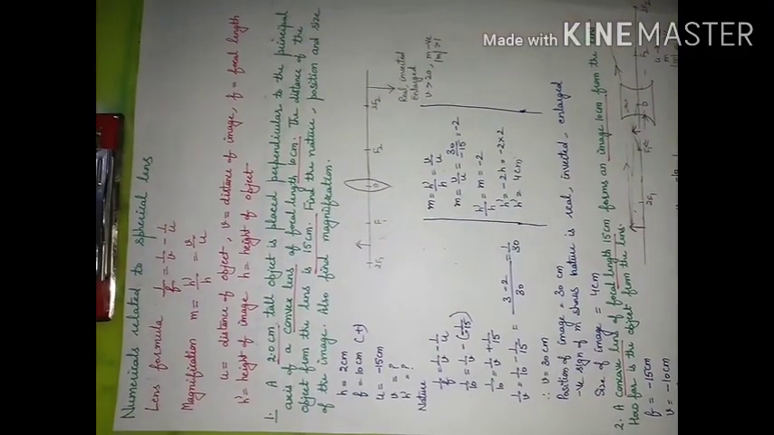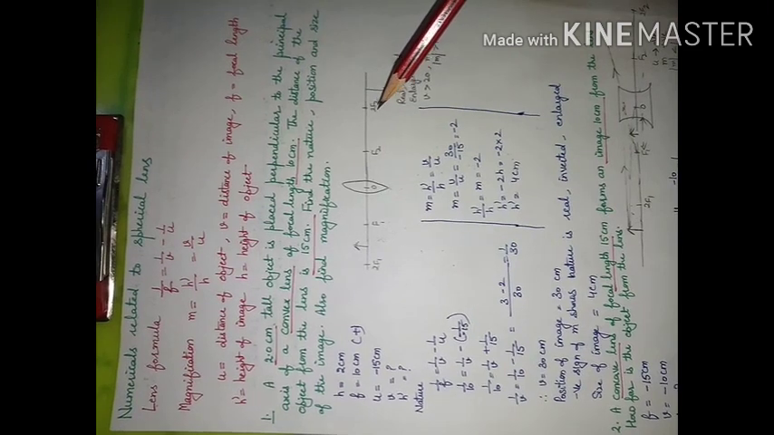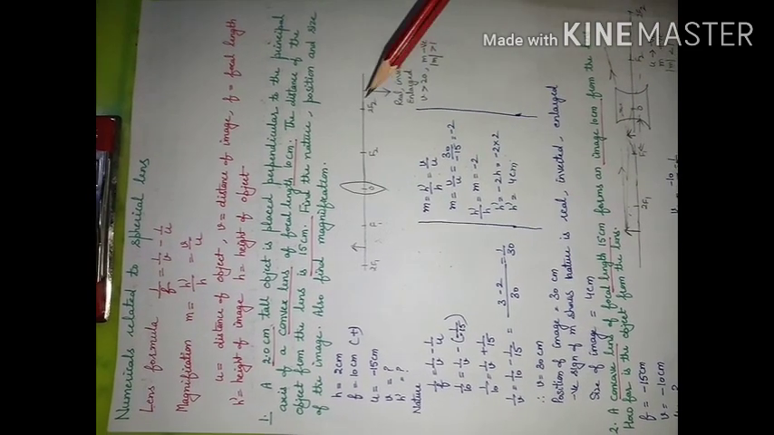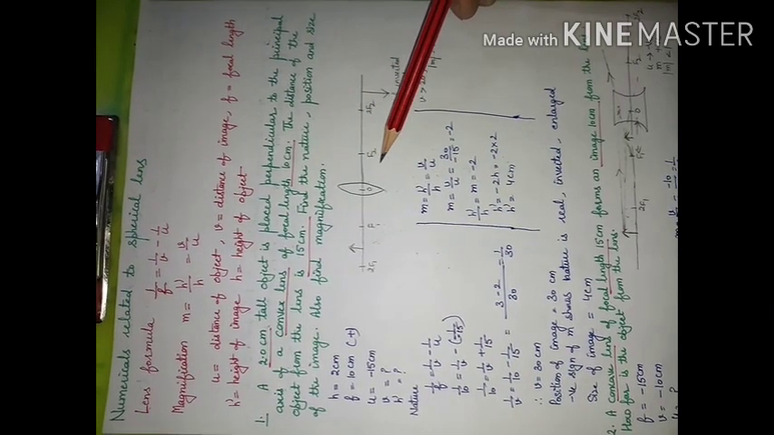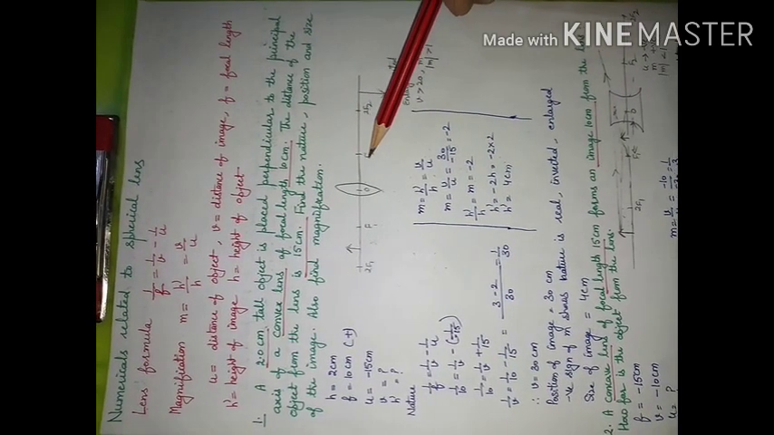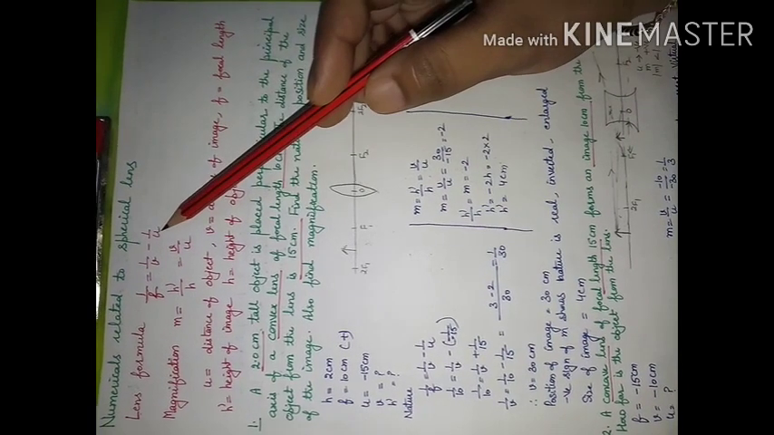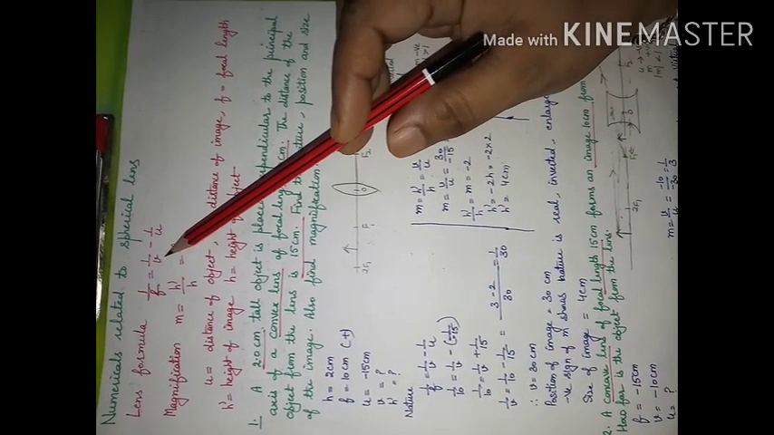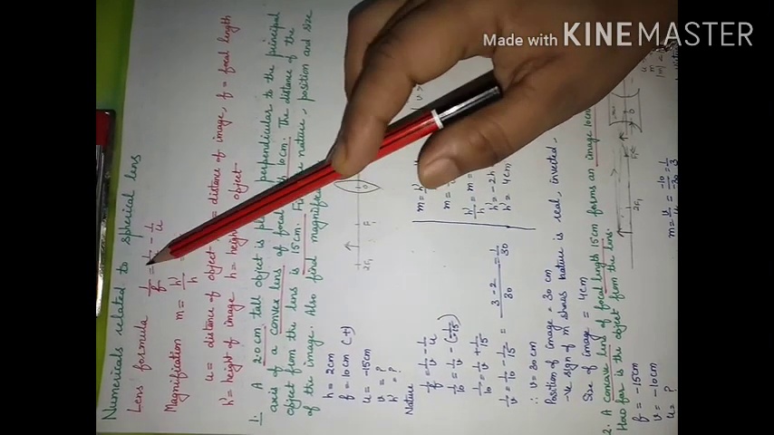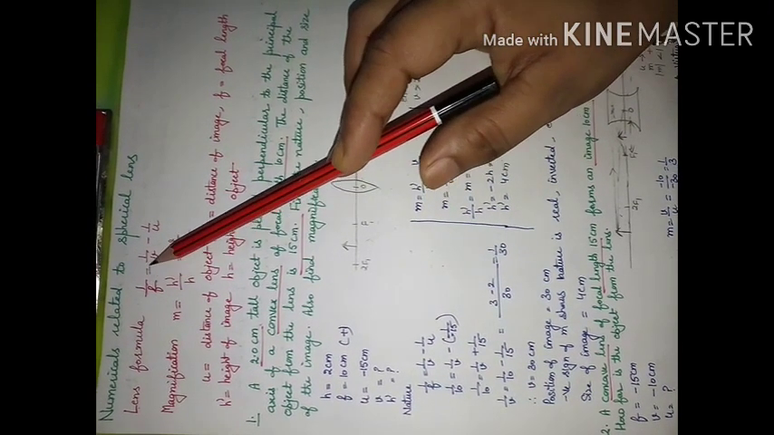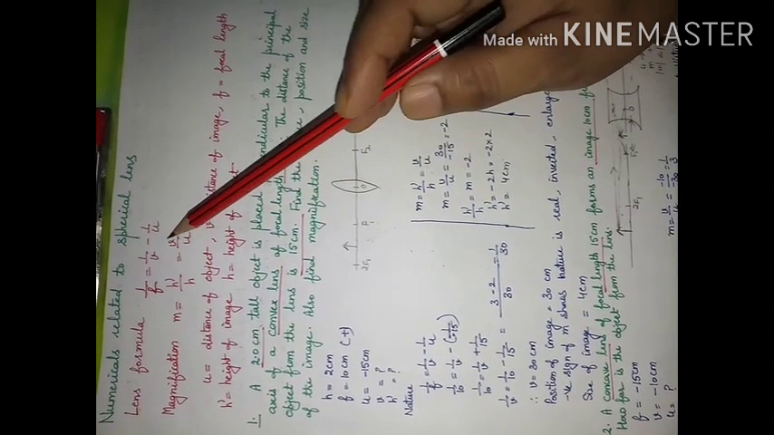In today's video, we will discuss a few numericals related to spherical lens. Spherical lens means we will consider a convex lens or a concave lens. And the lens formula gives a relation between distance of object, distance of image from optical center and focal length. So lens formula is 1 upon f is equal to 1 upon v minus 1 upon u,